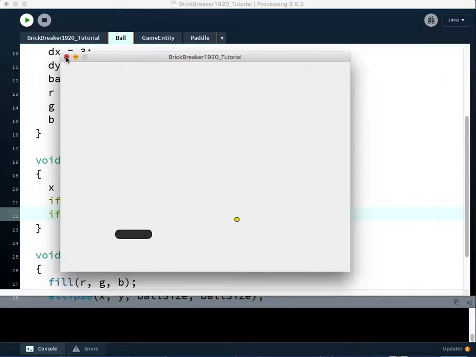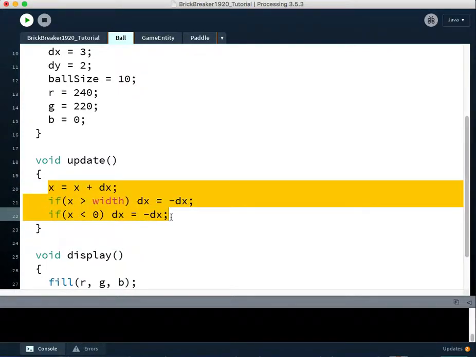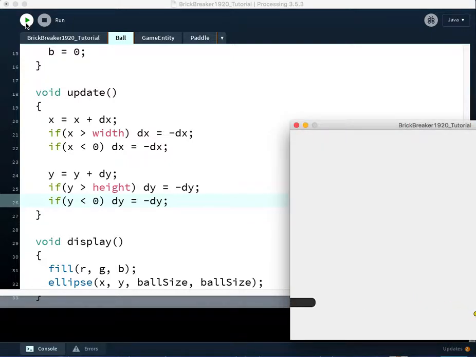Yay! All right, that's great. But we want our ball to not just travel side to side, because it won't ever hit the paddle, right? Well, let's do this exact same thing with a y. So I'm just going to copy it, and I'm going to paste it down here. And I'm going to change this to y. So if y equals y plus dy, if y is greater than, in this case, we're going to switch this to height because y is the up and down. If the ball hits the bottom, we want to flip dy, send it back in the other direction. If it hits the top of the screen, we want to do the same thing. And that, believe it or not, is it. Now our ball bounces around the screen,